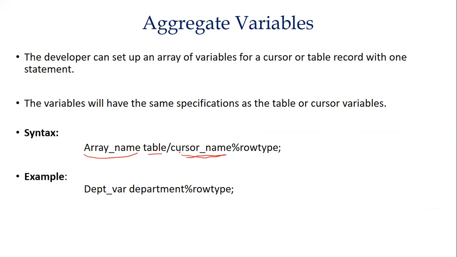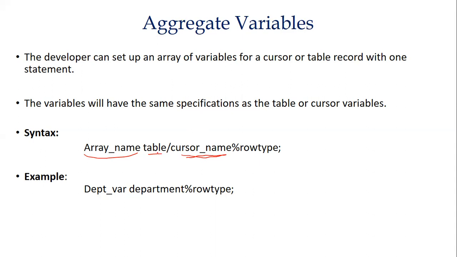Cursor name we will see later, whenever we cover the cursor. Cursor is a separate topic, we will see it later. A cursor means it is a pointer type, right? Whenever you declare an array in C or C++, this is similar to how a cursor works. We will see more details later.